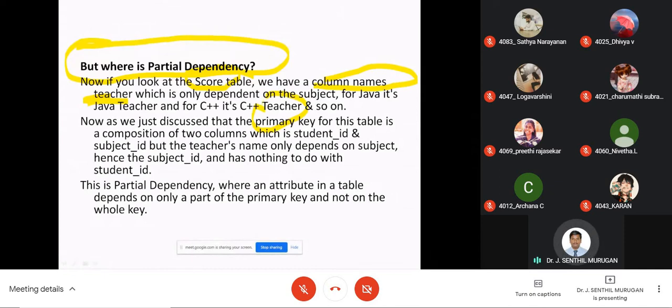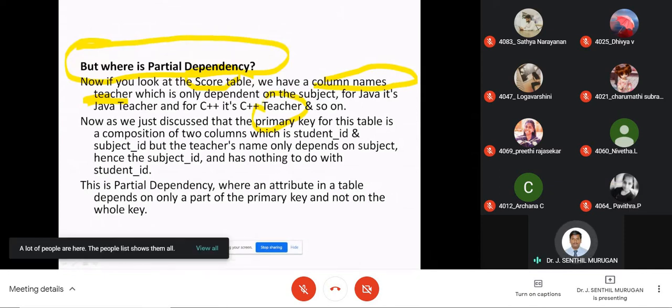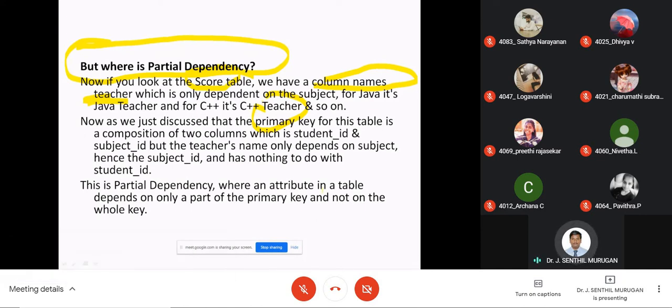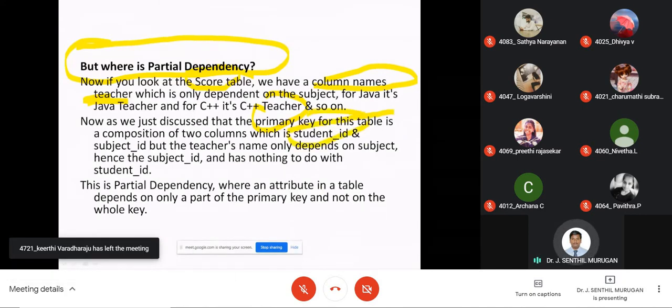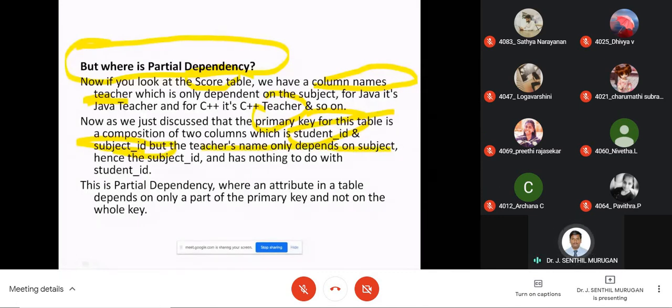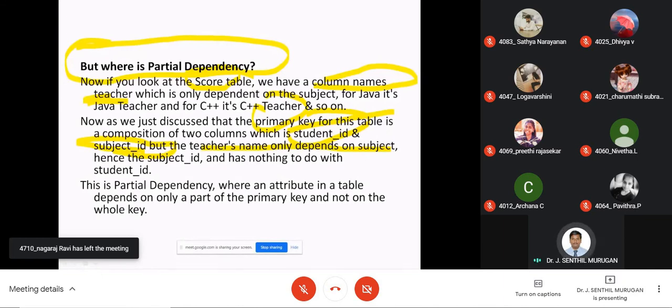Actually, the primary key for this table is a composition of two columns: student ID as well as subject ID. But the teacher name is dependent only on the subject ID. It has nothing to do with the student ID, since the teacher name depends just on the particular subject.